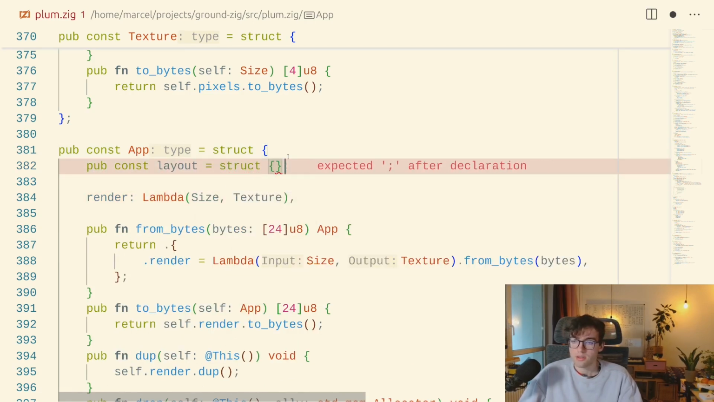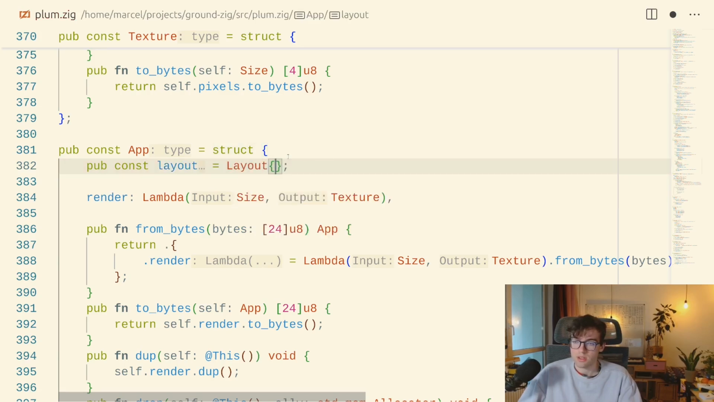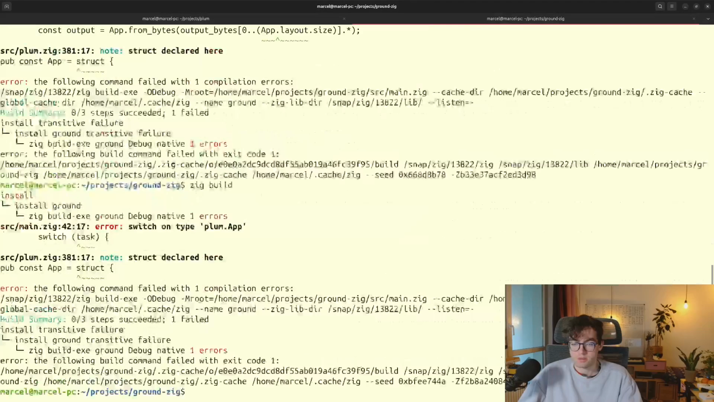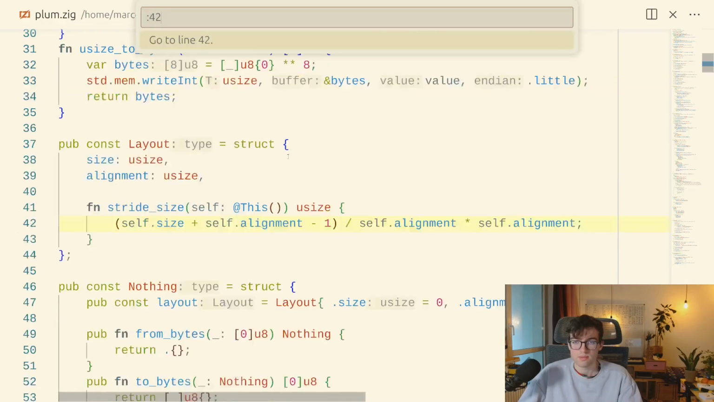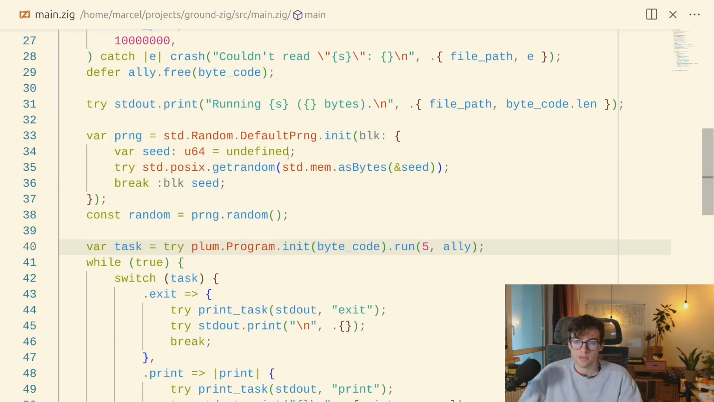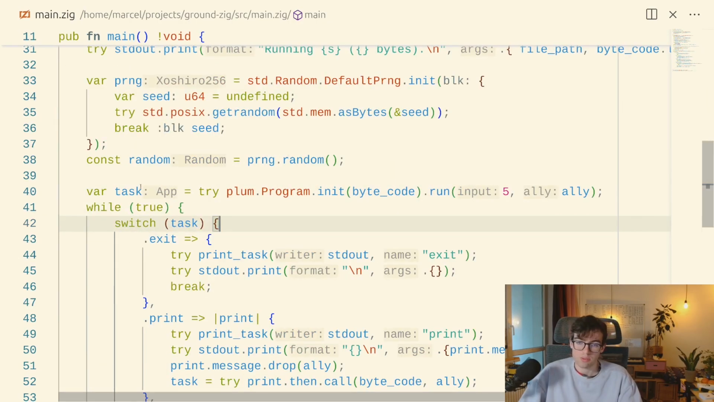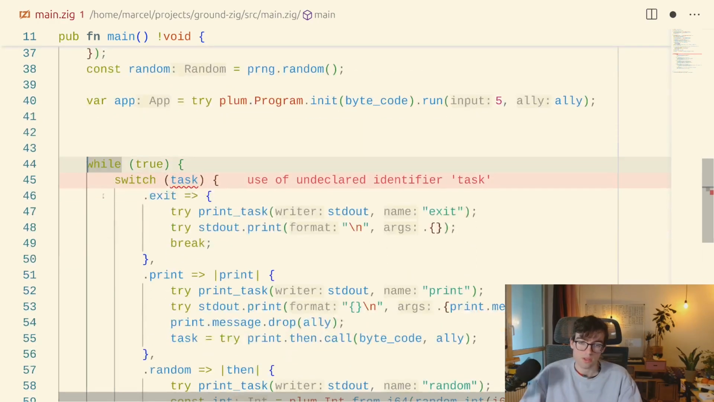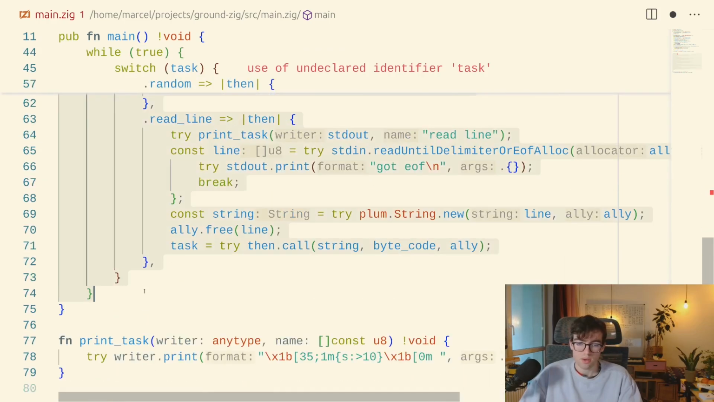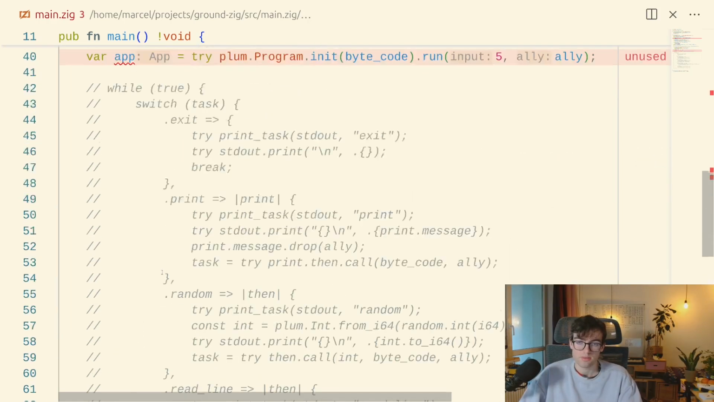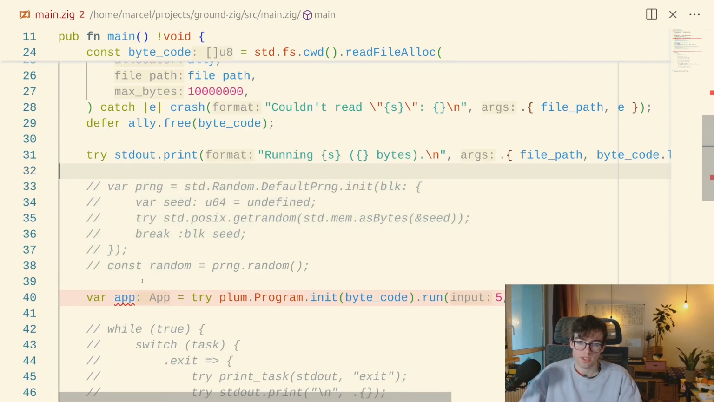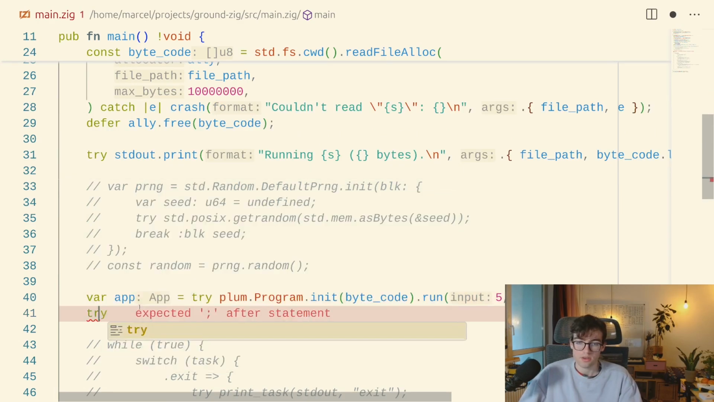It does have a layout, which is a layout with a size of 24 and an alignment of 8. Oh, hang on, in the main file. Yeah, we can't switch on that because that's actually just an app. And now instead of this loop, let's try to do something with that app. Yeah, we don't need randomness for now. Let's do